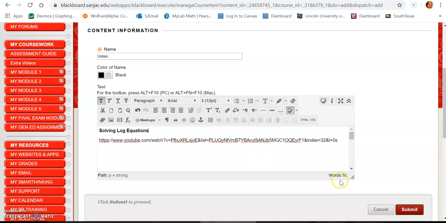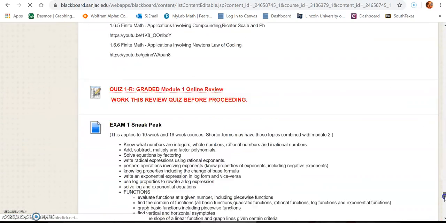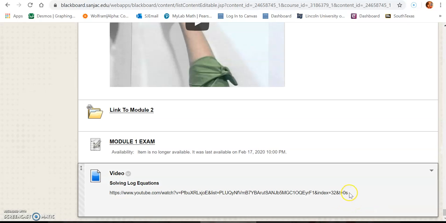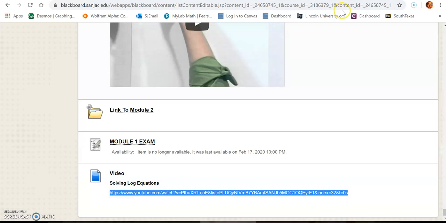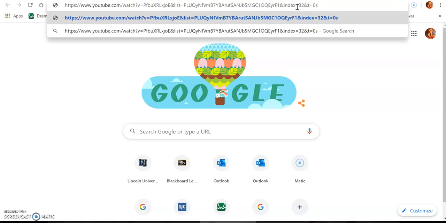Now if I were to submit this, then all that would allow the students to do, and it's going to be at the bottom so you'd want to move it, all that'll allow the students to do is they'll be able to copy and paste this link into a browser. So let me make sure it works, and then hit enter,